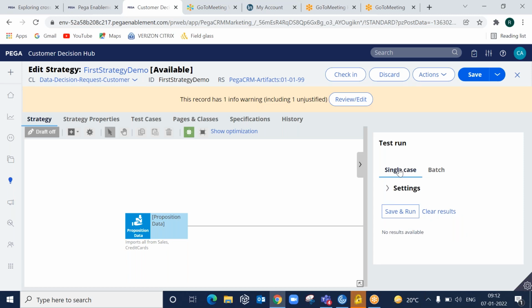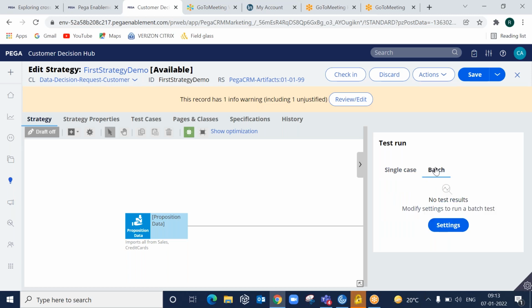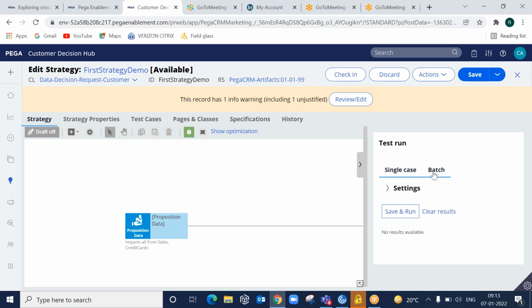One is by using a single customer. The second is by using multiple customers. Single case means single customer. Batch means multiple customers. We will see the batch concept and also the single case in the coming sessions. For now, I just select save and run.